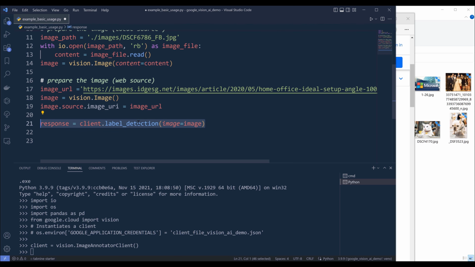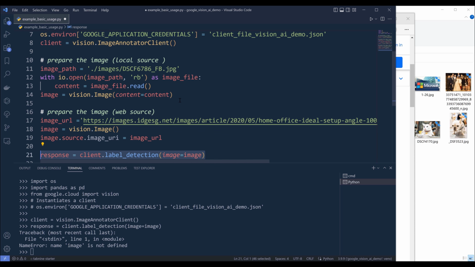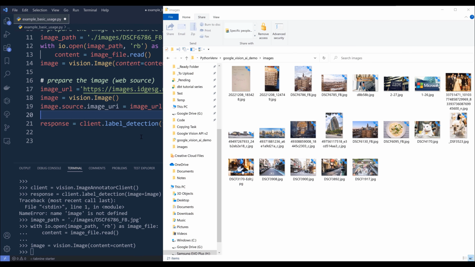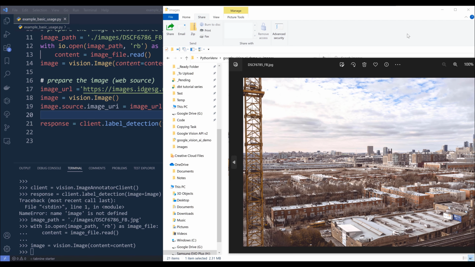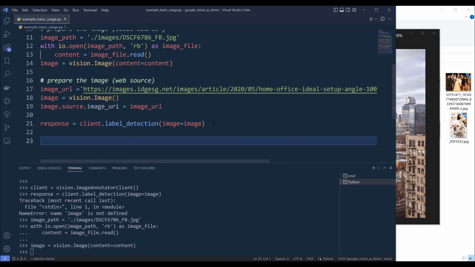Now, if I go ahead and run the label detection method, oh, I forgot to create the image. All right, so I'm going to use this one. Let me see which file it is. All right, this one right here. I'm going to use this photo that I took, which is kind of like a view of the city of Chicago. Now, if I go ahead and run the label detection method,